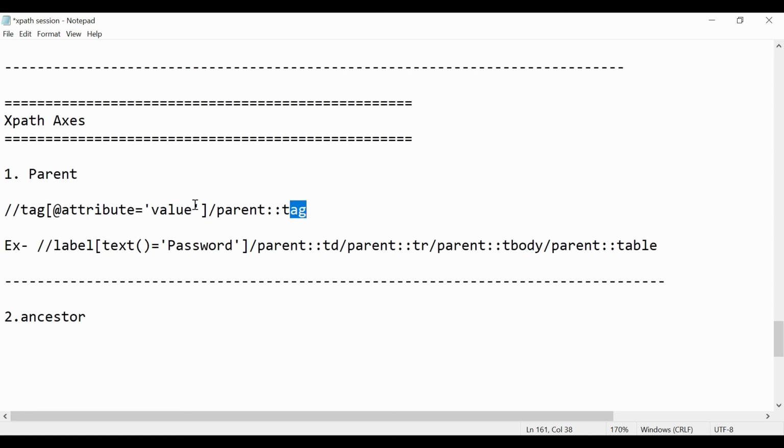So it is limited only to the previous tag of the current node, but in some scenarios we need to move from the current node to the parent of the parent, which means the grandparent.